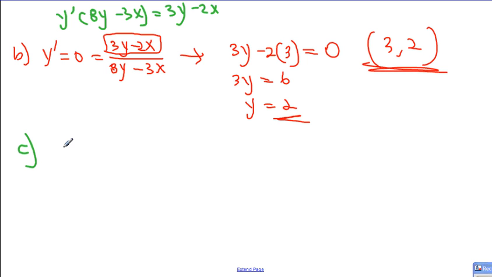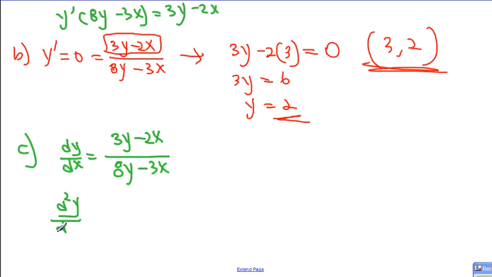C. Since dy over dx was equal to 3y minus 2x over 8y minus 3x, as you mentioned before, we're going to take the second derivative. That means we have to start from here. As you take the derivative one more time, the second derivative now becomes, denominator will be 8y minus 3x squared. Now, what are we going to do? Take the derivative of the top,